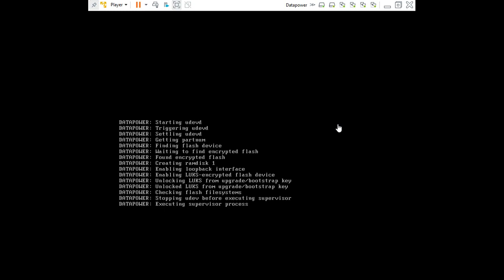This virtual machine will be running in the background. If you directly go ahead and open the DataPower URL, it will not open in the web browser. This is acting something like a server. So first you need to start this, then you need to go for the actual appliance login.